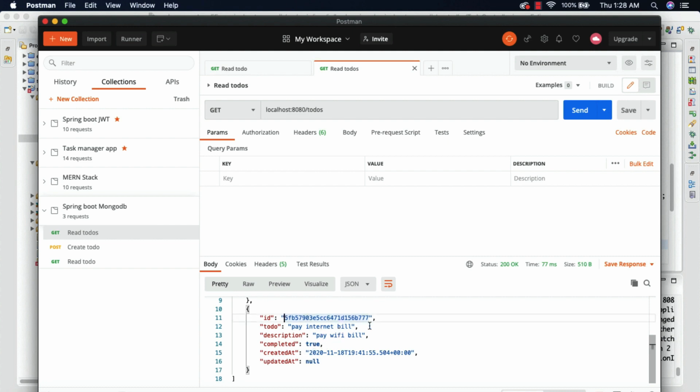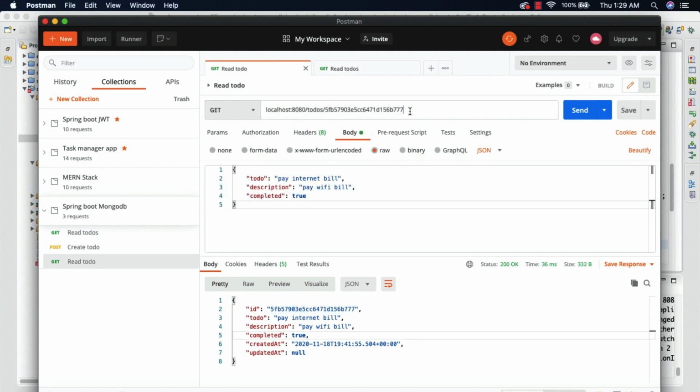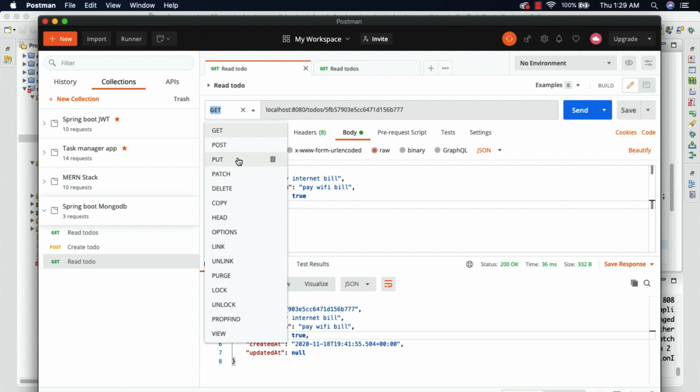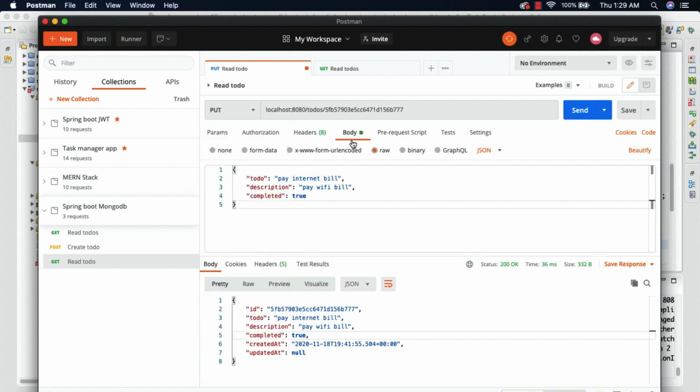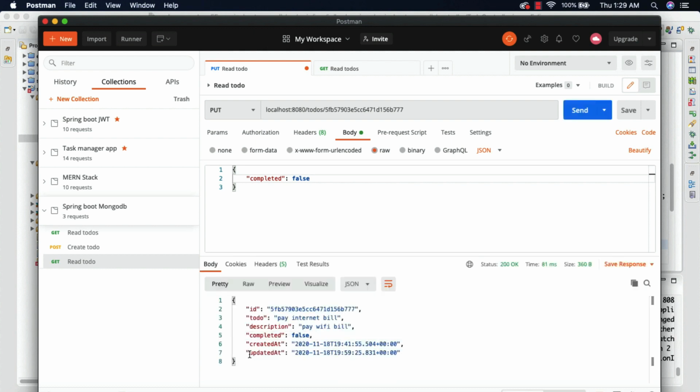So let me copy this ID, and let's go to this read todo, and okay, this is fine, and all we need to do is change this method to PUT, and inside the body let me change this. Right now this pay internet bill completed is true. I'm going to set this to false and click on send. We should get false, and you can also see the updated at timestamp.